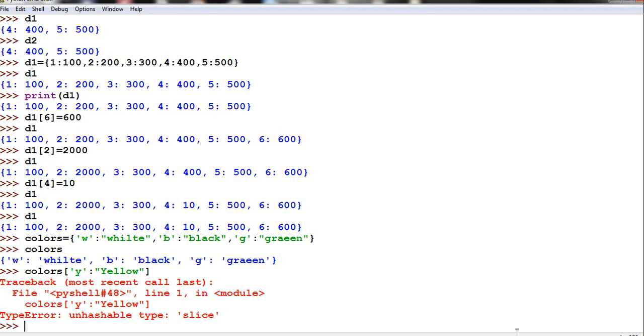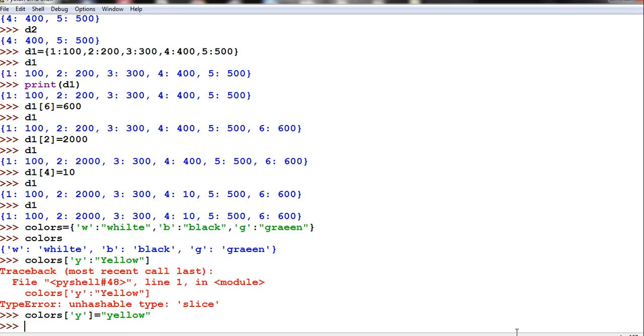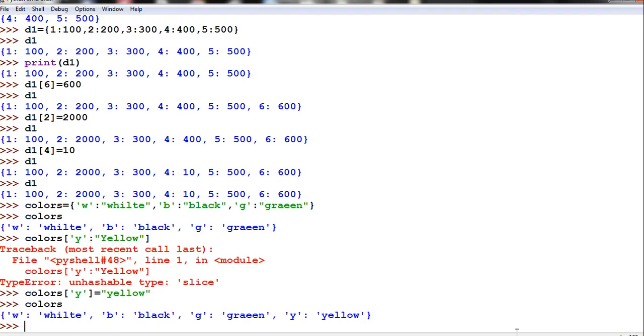Okay, I made a mistake there. Colors of Y, I have to close here. Then I have to assign the value as yellow, because yellow was not present there. Now let us print colors. Now your yellow is added.